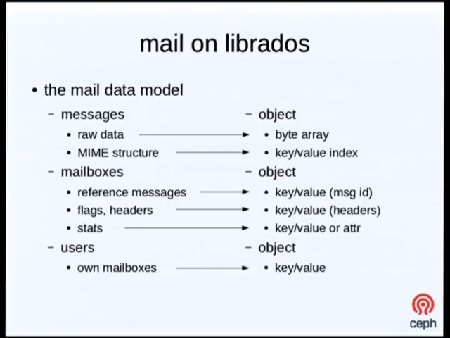Maybe that's a win, maybe not. I actually don't know enough about MIME to know if that's even a difficult problem. But clearly you can easily map a mail message to an object. That's pretty simple. You also have mailboxes, which are simply collections of lots of email messages. So you have references in the mailbox to all the different email messages that it contains. That'd be very easy to store as keys and values in the mailbox object, referencing the unique message ID for